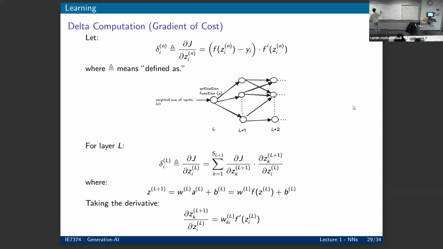So from J, we already calculated the gradient with respect to the raw inputs of these three. That was what we did here, the gradient with respect to the raw input, and this is the equation. Now we want to propagate that backward. And the beauty of a neural network is that you can do this with the chain rule. What the chain rule basically tells me is that